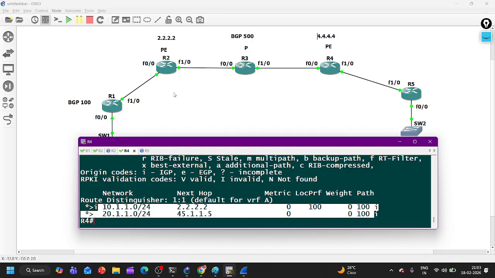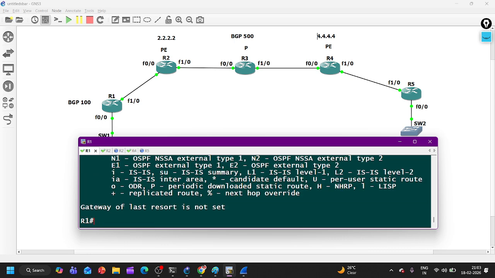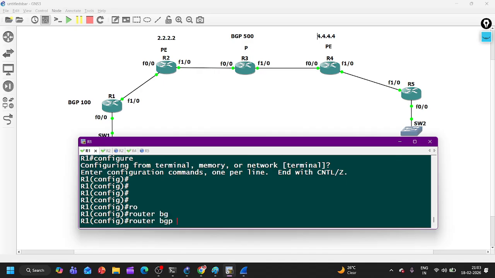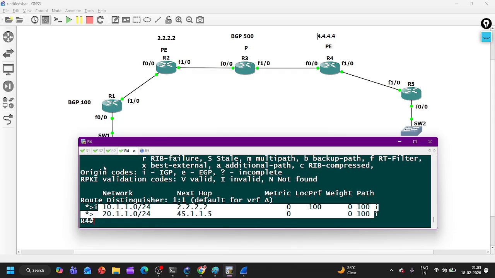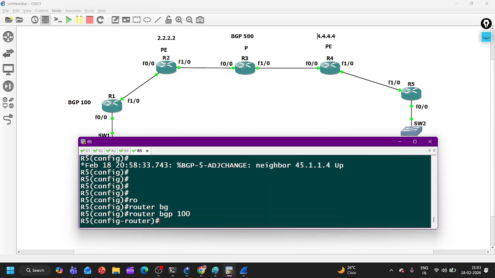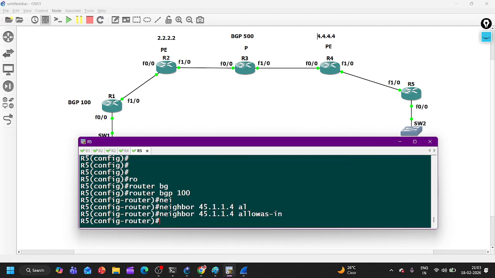customer will not have the route of the other site on router number 1. So show IP route BGP, I don't have the route because of the same AS number. So here I can add one more command, allow AS in. Router BGP number 100, neighbor 12.2 allow AS in,